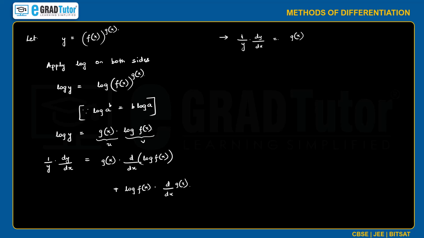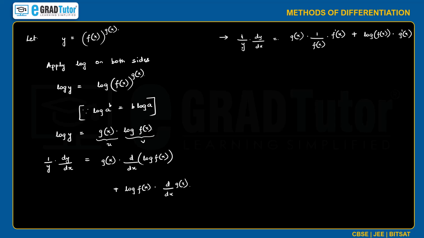First differentiation of log f of x, then differentiation of f of x with respect to x. This is the chain rule that we have studied earlier. What is the differentiation of log f of x? 1 by f of x into f dash of x, plus log f of x into g dash of x,